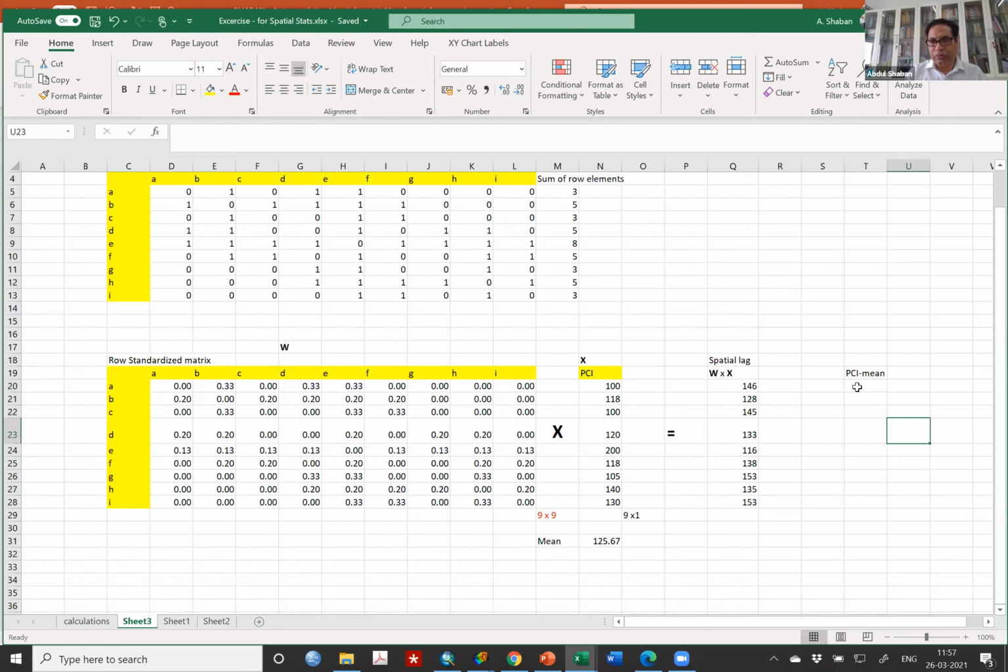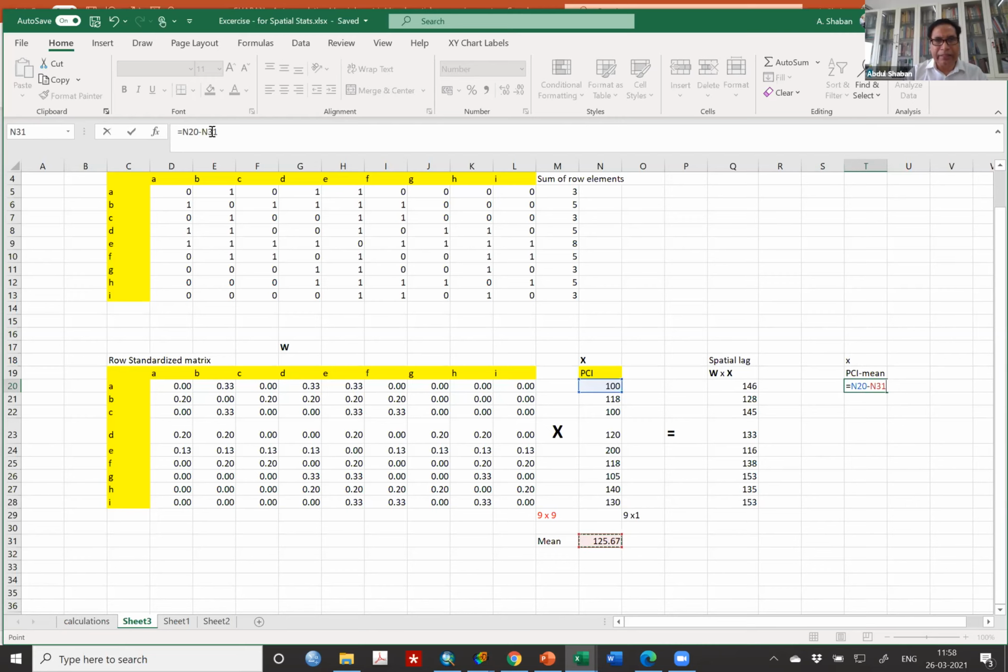So what I will do, PCI minus mean, assuming that it is a small x, you call it, equal to 100. Basically you put the cell number, all of you know that, minus the mean value, which is given in the cell here. So you need not type it, just put it here. But this mean needs to be deviated everywhere, so this needs to be fixed when moving. When you drag the cursor, it should not move.